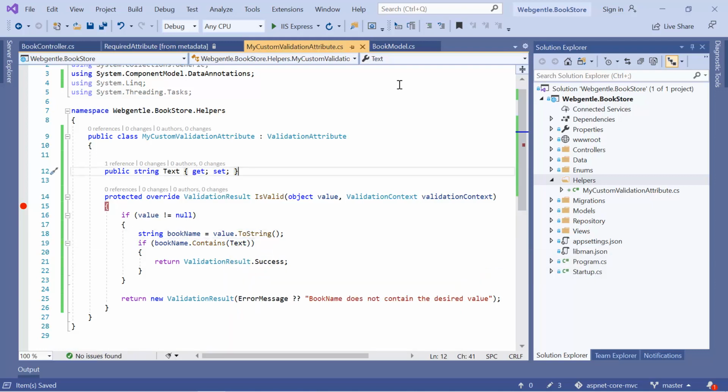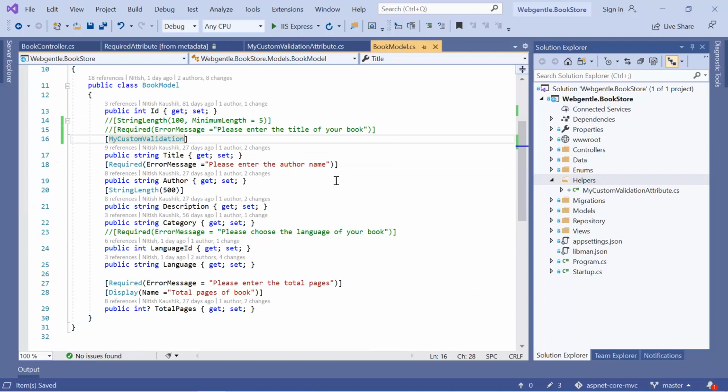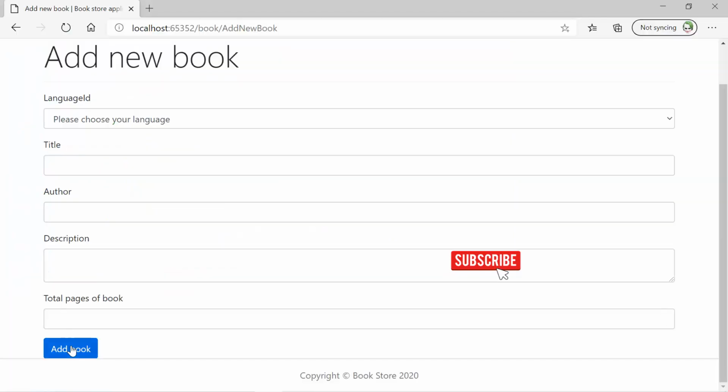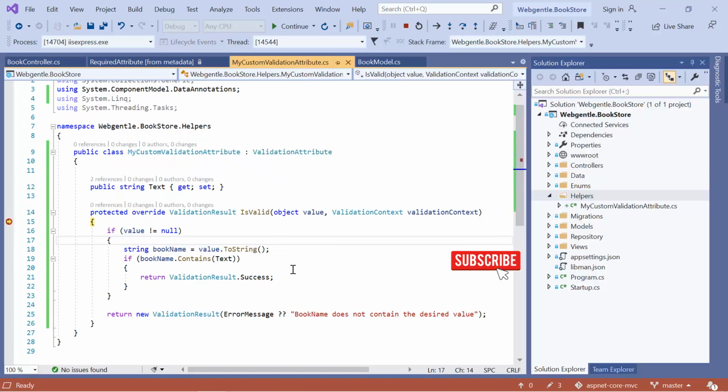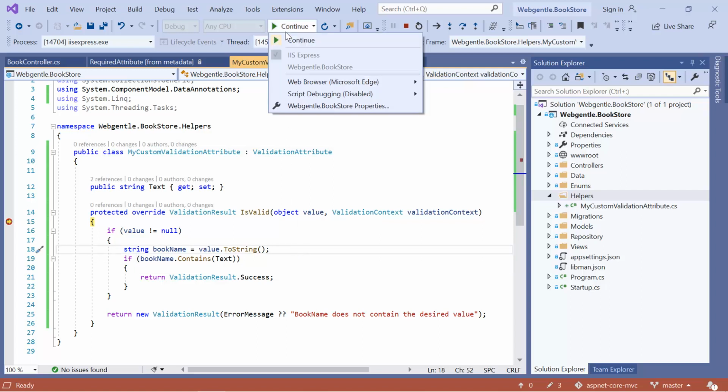Perfect. Again let's go to the model class, and this time over here we need to pass the Text property, and suppose here I'm writing Azure. Let's run this application in debug mode now. Click on the add book button. So we are over here in this IsValid method. Let's see what we got into the Text property. In the Text property we have Azure. Perfect. But we do not have anything in the value property, so it is going to be false. Let's click on the continue button,